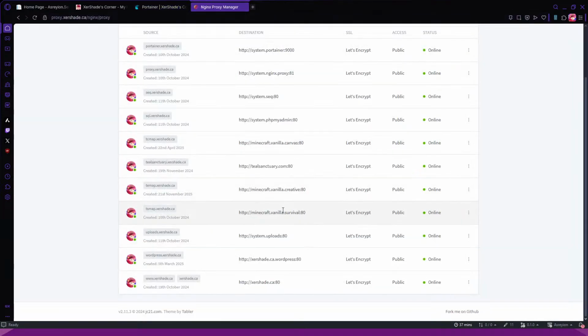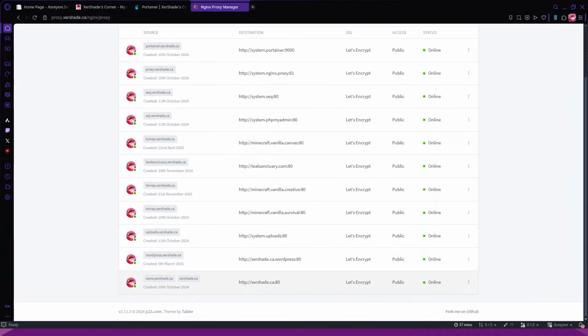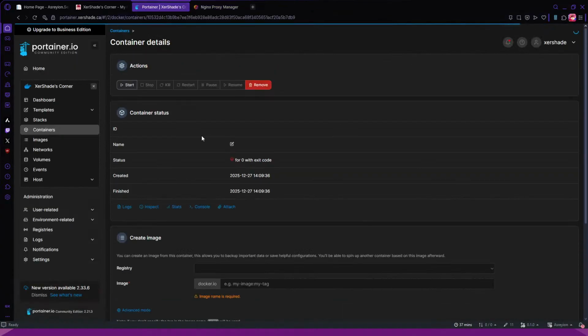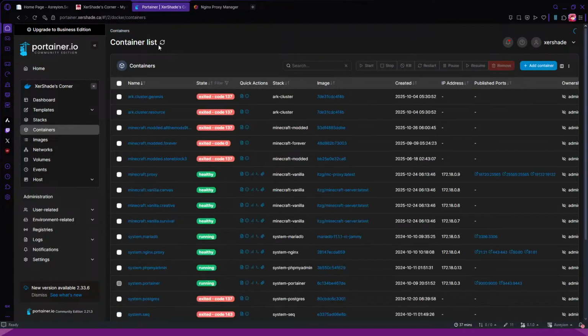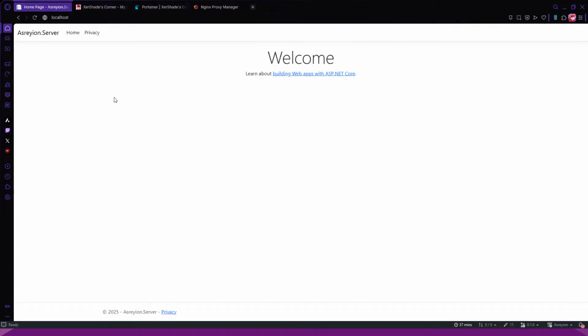This is why we're trying on 80, and I have the ability to enable or disable SSL. I could generate the certificate and all that stuff, like the Let's Encrypt stuff, but I have a thing that does this, so when I set this up, I don't even need to set anything up. Literally all I have to do is take the XerShade.ca container, this container here, and replace it with the exact same name, with the container for this. Right now I'm obviously not running it in a container, but if I go into my Docker engine